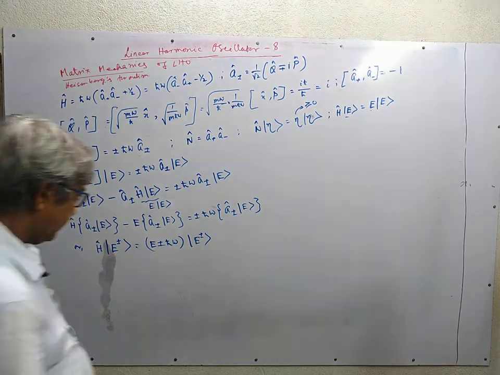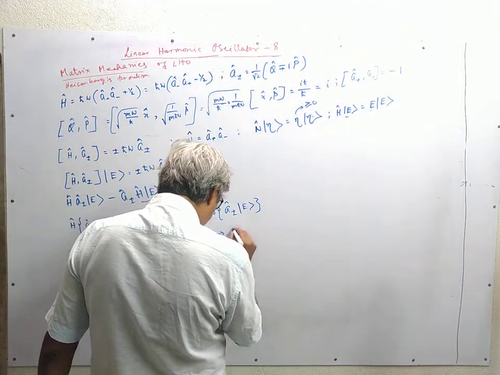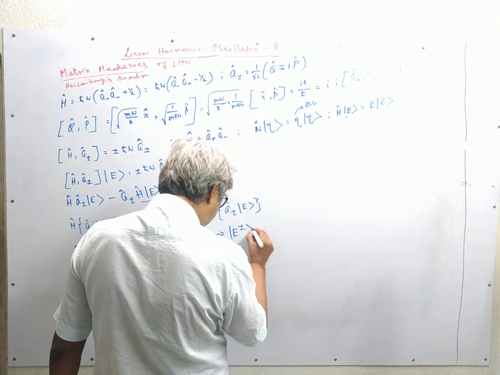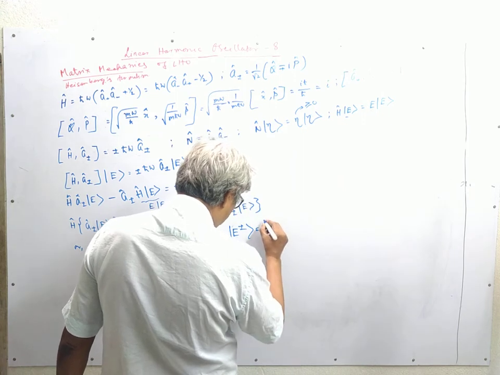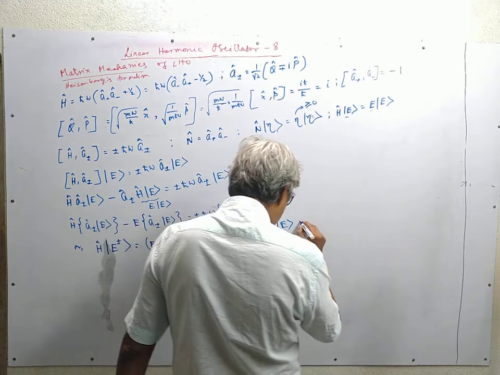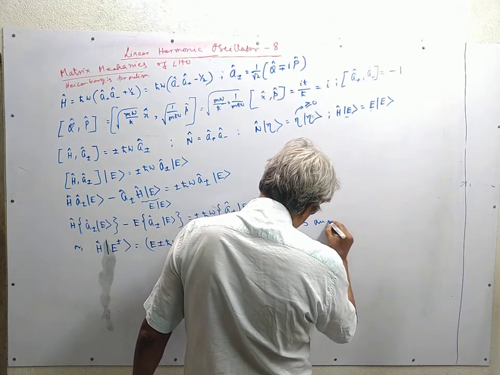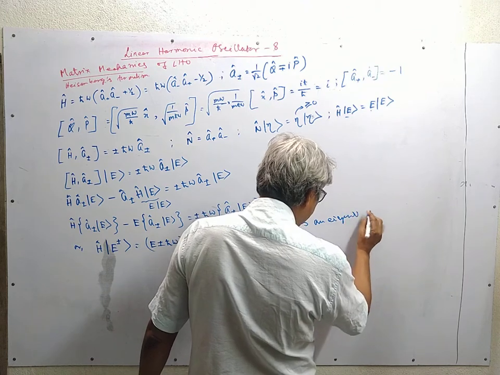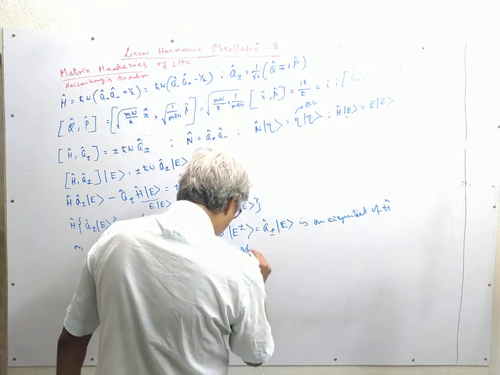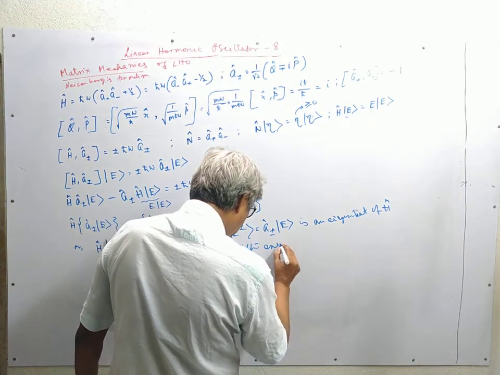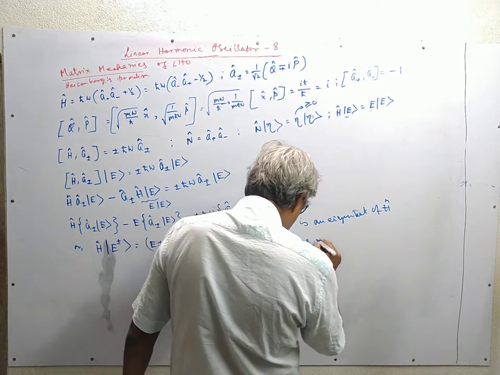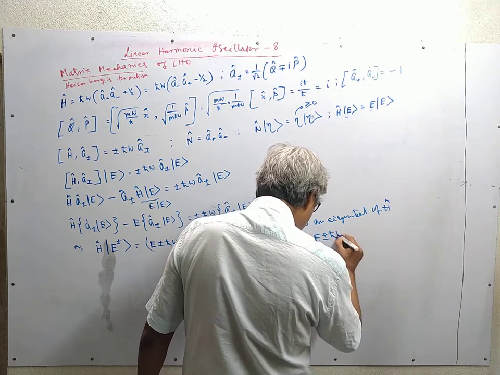What does this mean? This means that E plus minus, the kth E plus minus, which is obtained by operating A plus minus on E, is an eigenket of the Hamiltonian with eigenvalue